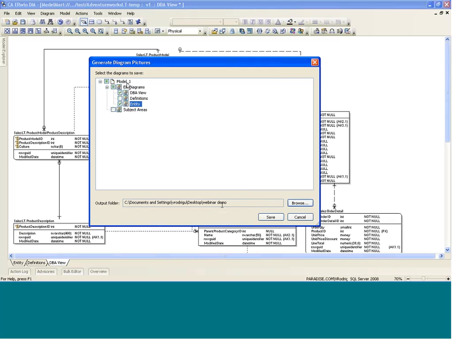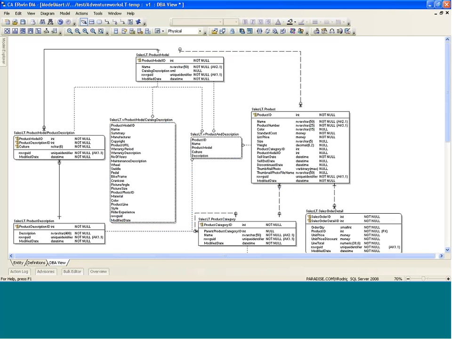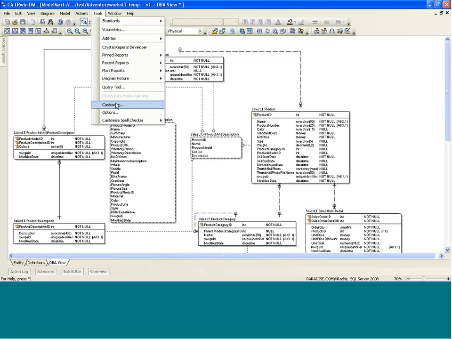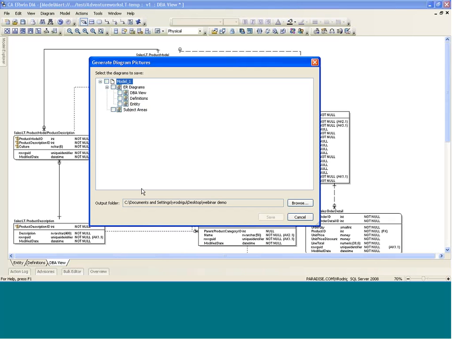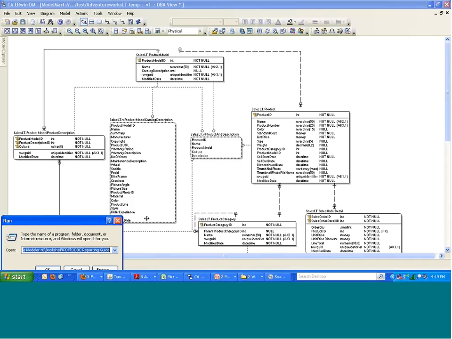And now in this folder, I'm going to publish these diagrams. I do this simply by clicking Save. The next time I come and publish this, if I need to publish again, within this model I will automatically already be pointing at this same folder. The reason is that this way I can always know exactly where my models are currently being published to. And what we can see when we go into this folder that I just created,